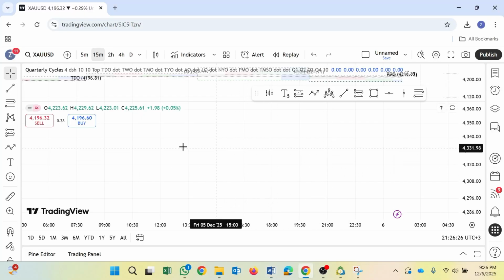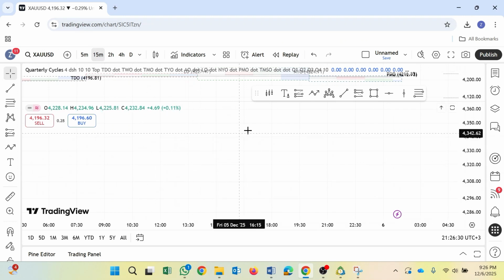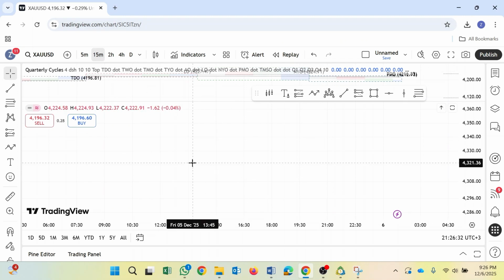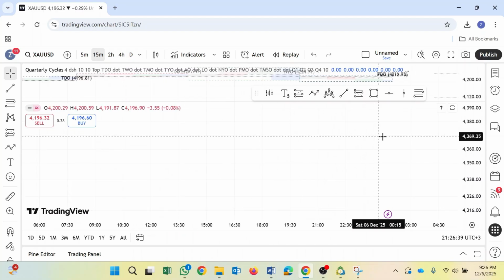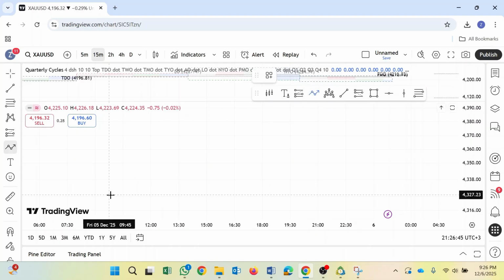So before I even tell you what this is, I will want to draw some things here to teach you three things: how to know what is an up trade, how to know what is a down trade, and how to know what is a consolidation. So I will go step by step, and just to explain to you,